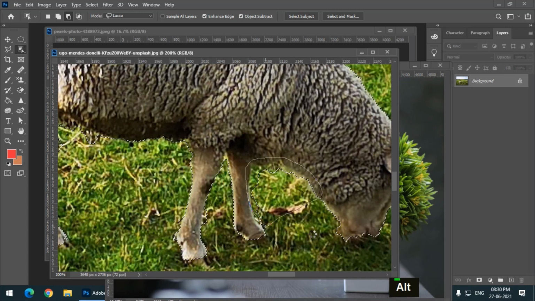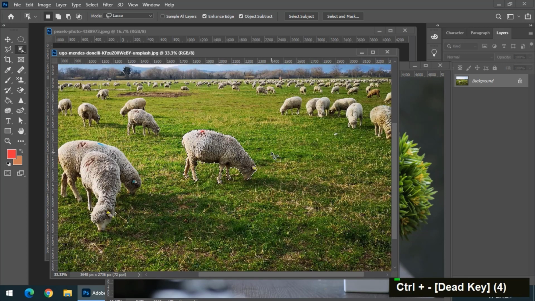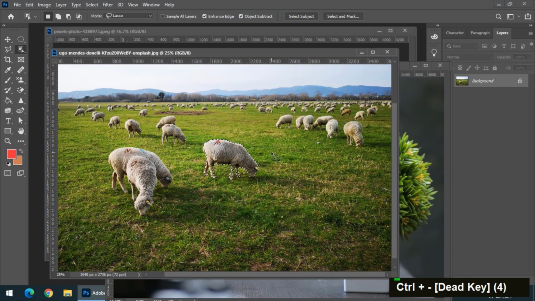Again, remember to press and hold the Alt key. So this is how it will look, and it also depends upon the quality of the image. This sheep is a bit smaller in size, so it is finding it hard to make a perfect selection, or a better selection, so to say, because it's only AI.